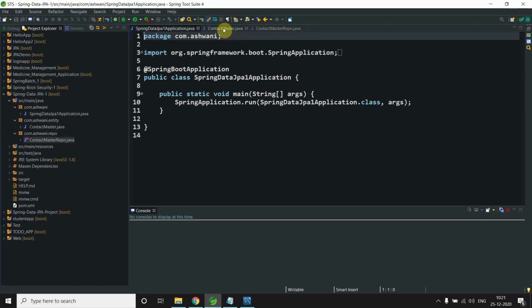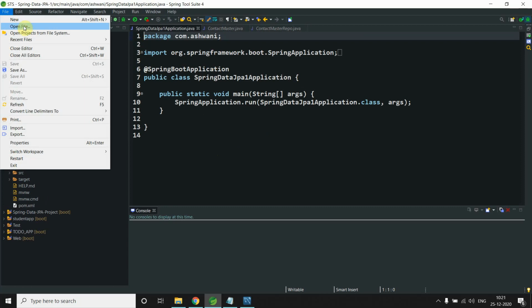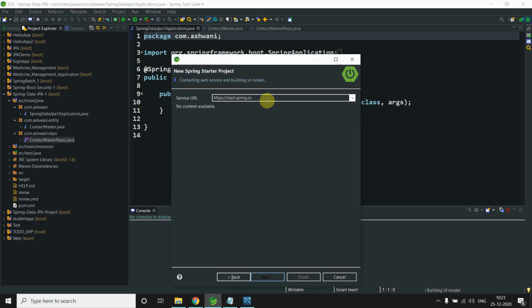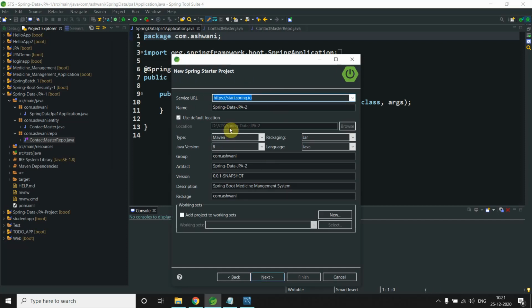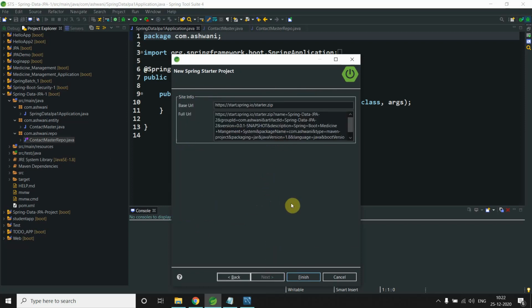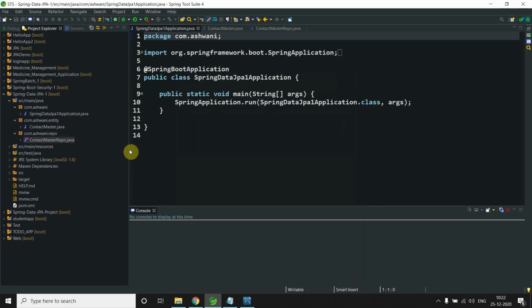This is the default class which is created when you create a project. What do you want to do? Just go to STS new project, or go to the default Spring IO website, and select a project like Spring Data or whatever project name you want to give. After that, next, in dependencies you just select Spring Data and MySQL. These two only we need for this project, nothing else. After that do next, and your project will be created. That is all I have done, nothing else. Just cancel because I already have a project.